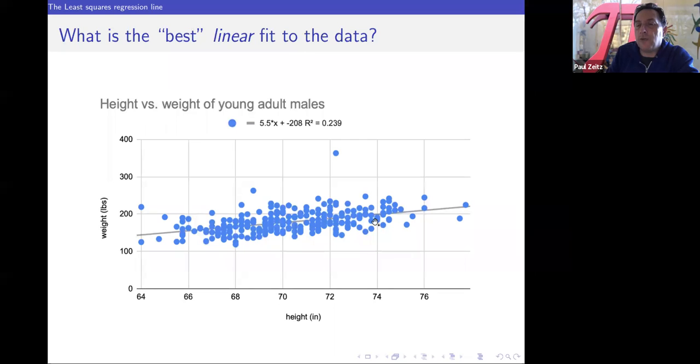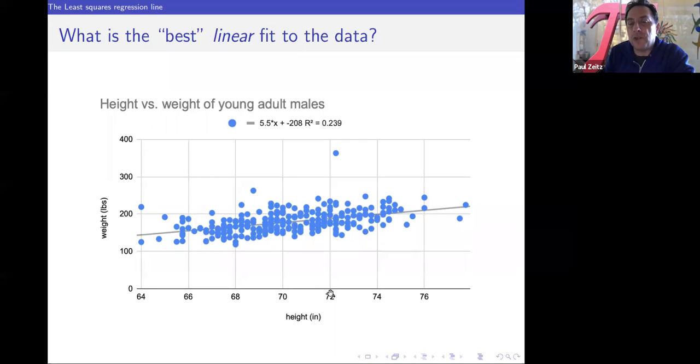Well, in our actual data, there's only 2 people and they seem to be a little bit underweight, but that doesn't really matter. The best prediction in general would be the value on the fit line at 74, which would correspond approximately to 200 pounds. And so if you said a 6'2" person is 200 pounds, you're not always going to be right.